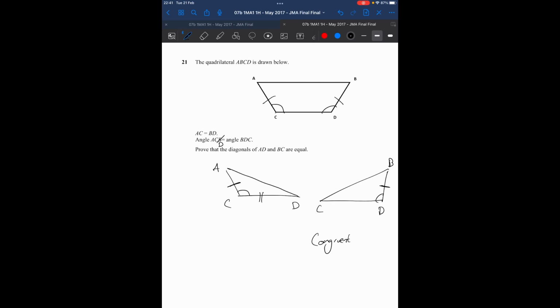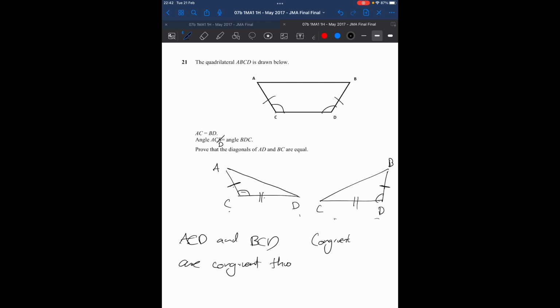Well, this one is the same, isn't it? Because it's common. It appears in both. So we've got a side, we've got the included angle and another side being the same on both shapes. So ACD and, I'm going to call this, BCD are congruent